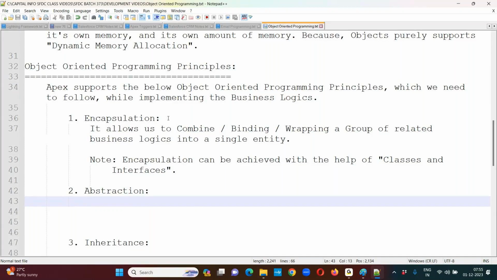That means we know how to use it, but we don't know how they have built it. What is behind the screen? Behind that application, what architecture they have followed, what logic they have written, we need not be aware of. As a customer, what is our responsibility? Just use the application. That's it. We need not be aware of how they have implemented it and how many struggles they have faced,